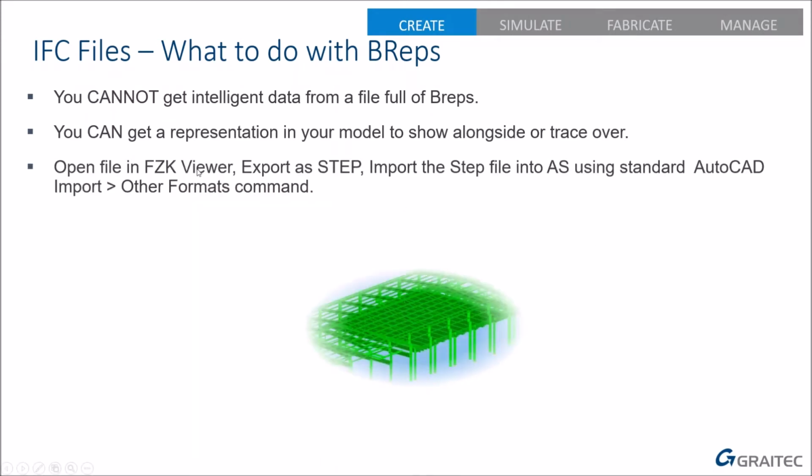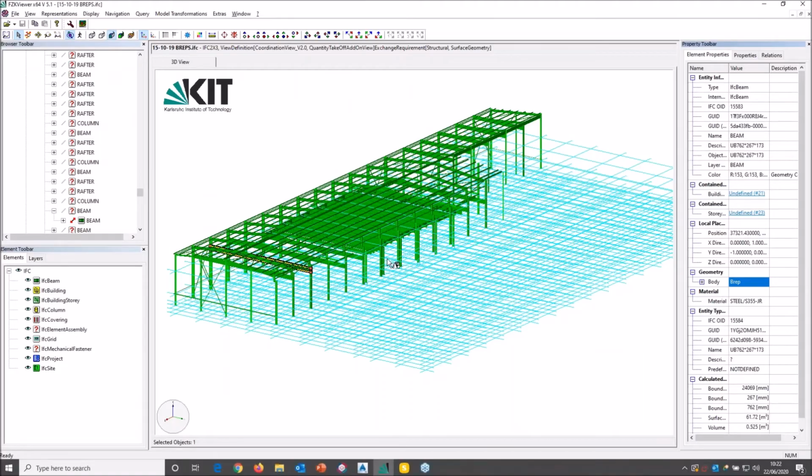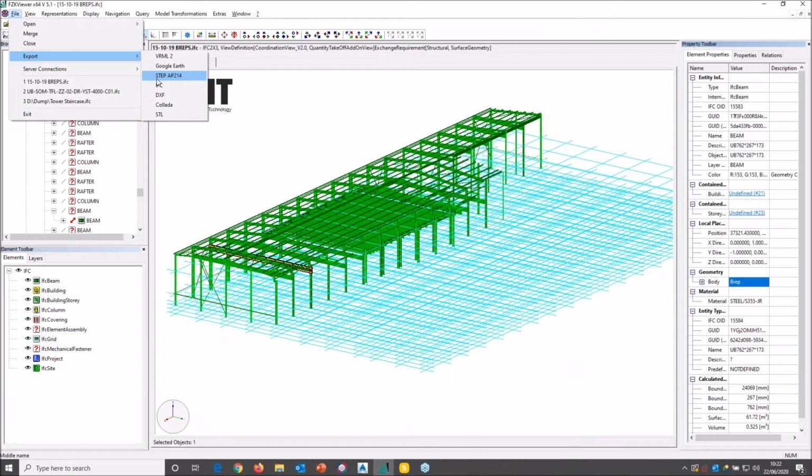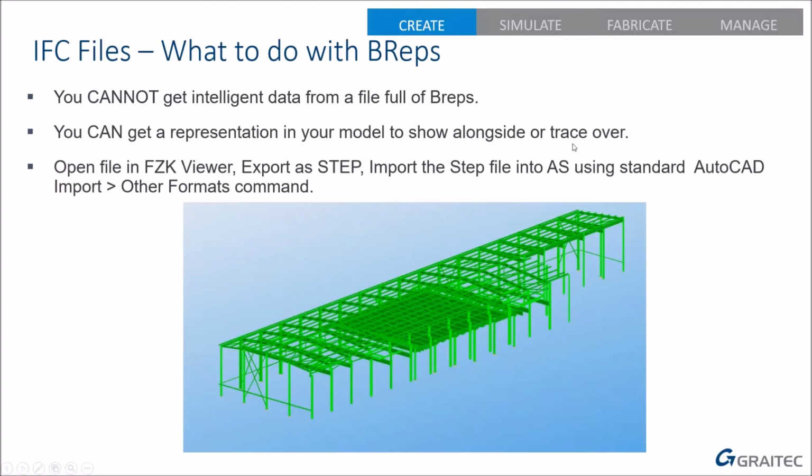Another option would be to use the FZK viewer. It might not be the prettiest viewer, but it does have the option to export as step files. So let's just show you that. Again, here's the file. Nothing in there is intelligence or BREPs, but I can go File, Export, Step. And then with that step file, I can import that into Advanced Steel using the standard AutoCAD import other formats